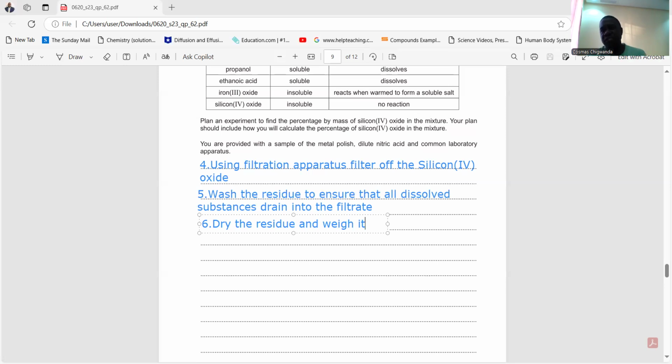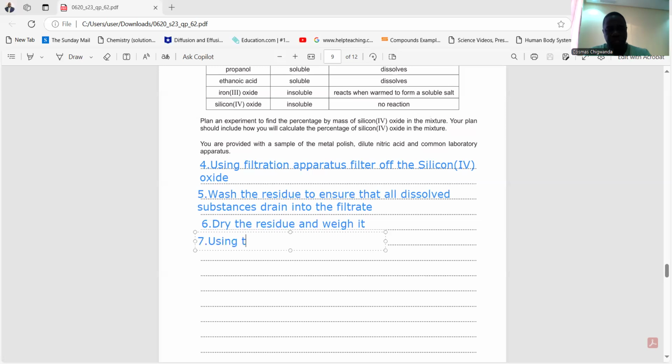Okay. This is silicon oxide. It's actually a strong macromolecule, and therefore it can withstand heat, but you're not always encouraged to heat substances strongly in an oven whilst you're drying them because some substances can decompose, but you're just supposed to dry it carefully. Okay, you can put it in a desiccator, and then that action will actually allow all the other substances that were there to evaporate. Okay, so you weigh it. Now, after that, I am going to have my dry silicon 4 oxide. Okay, right. So you dry it, and then